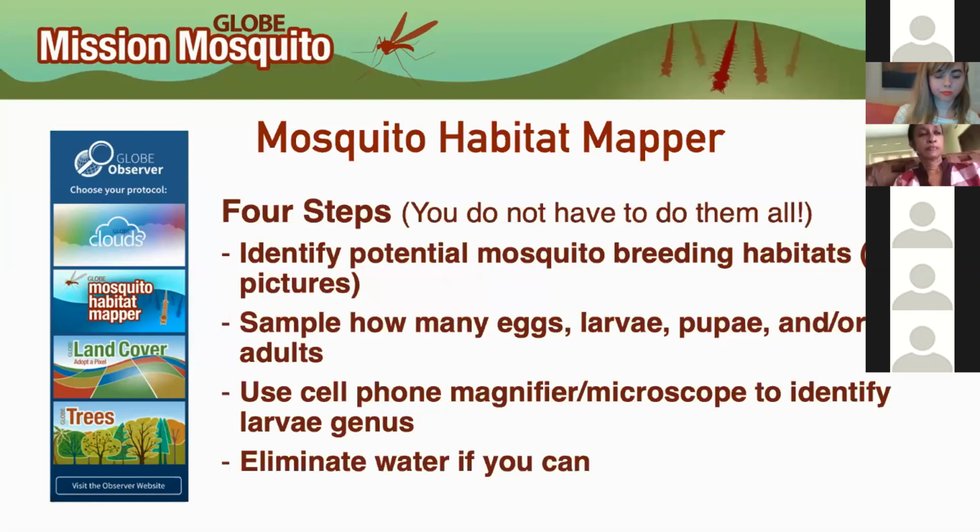All you have to do is just take pictures of where you might see mosquitoes. But of course, it's really helpful if you do have a magnifier and you do actually see larvae, and you can report in the kind of larva that you find. And then finally, when you can, you get rid of the water source, because of course, we don't want to accidentally be raising mosquitoes,